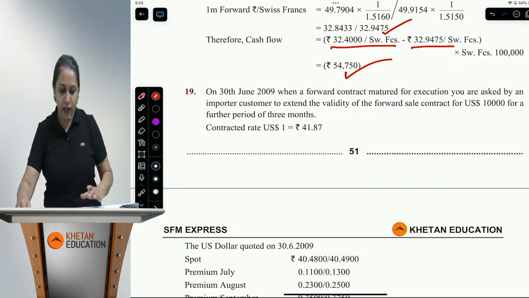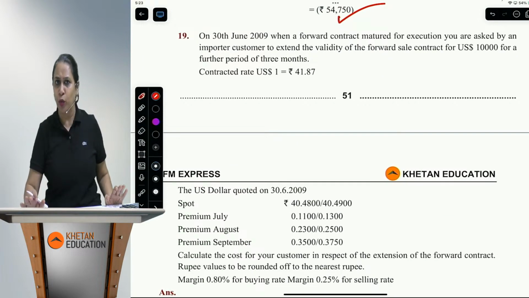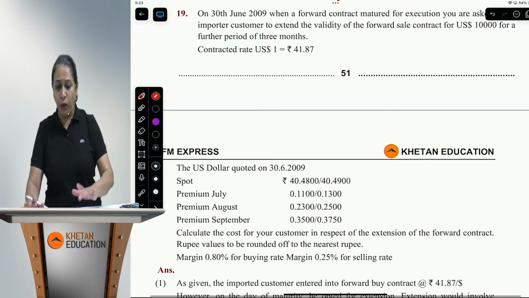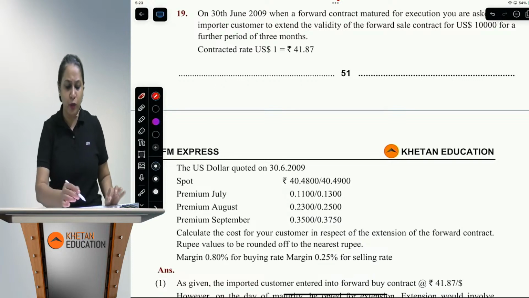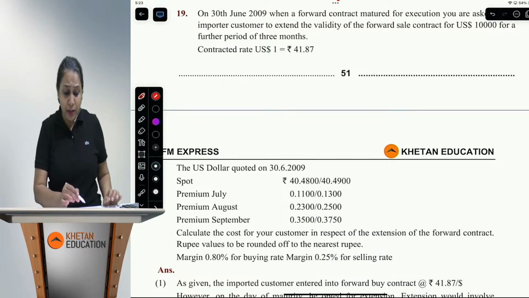Yeah, bye. Very good. Then question number 19, guys. Question number 19 I am not doing in the class now because it is a very, very simple sum. Every student of CA Final knows this. Now, why did I then take this question? I only took this question to get an opportunity to explain to you that this part of the